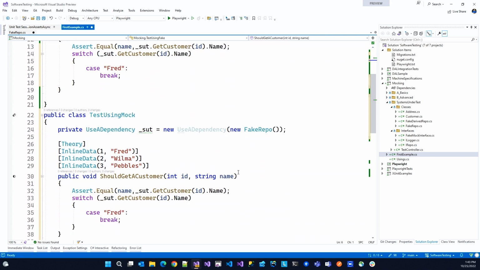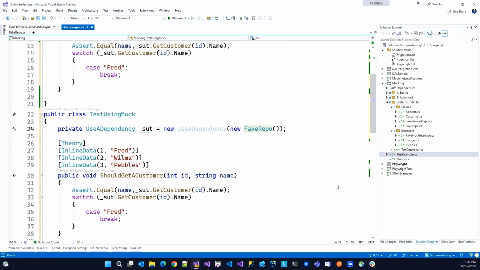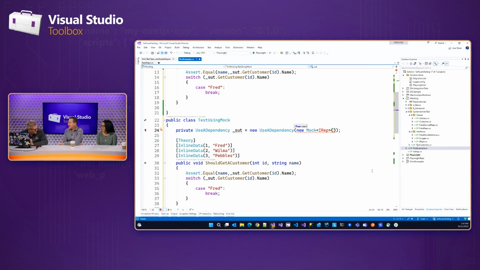And what we're going to do, instead of using the fake repo, is create a new mock of IRepo. It's not spelled MOQ? It's not spelled MOQ. It is actually spelled MOCK. And you're using... Now you're just mocking me. MOQ. You did it. So you have a package. Mock is where? You know what? We didn't do that. We've done it in every other one.